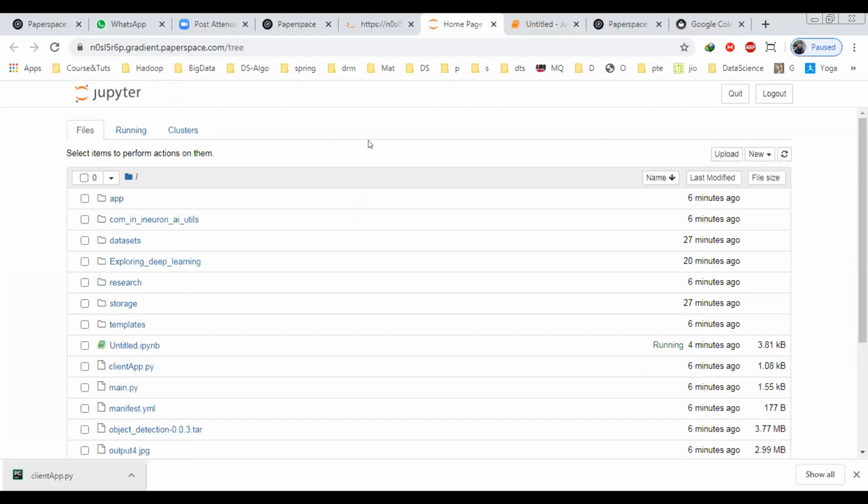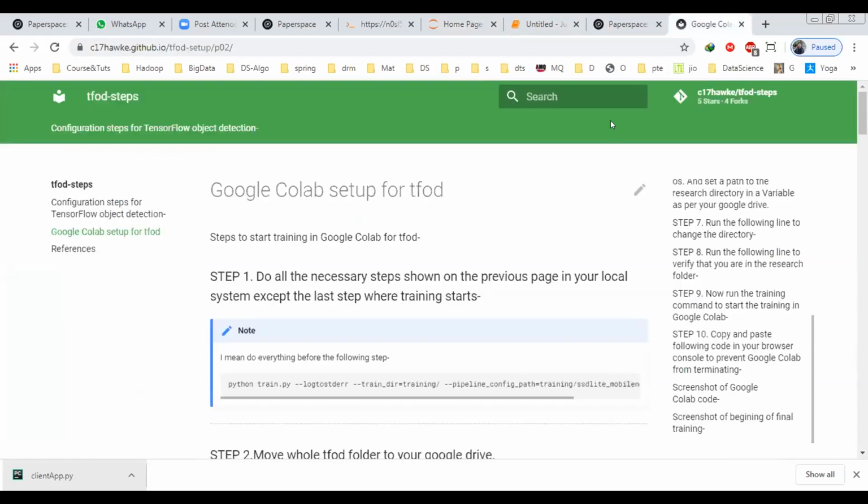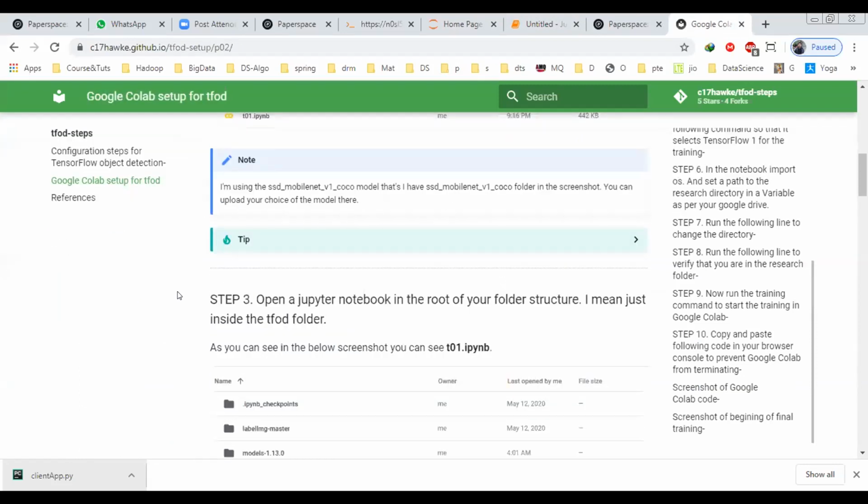Okay. Sunny, one last question. Once you build the models, where is your PB file stored? It will depend on wherever the path you have given. Let me check what is in tier 4D. It is in training, but when it comes to Paperspace, it will be downloaded at the same location. Whatever folder structure we have made in tier 4D, the same folder structure will work here.